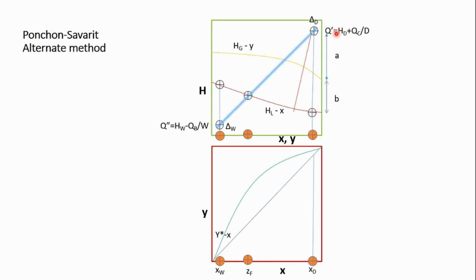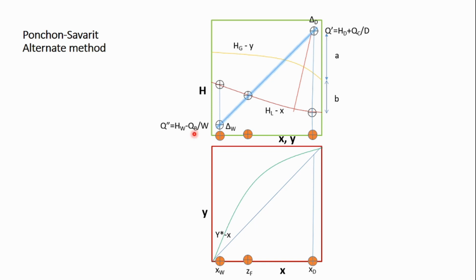Once we have got this value Q dash and we have got Q double dash value, we know HW is this, we know HD is this, I can directly find out what is QC value, what is the condenser duty, and I can find out QB from Q dash, what is the reboiler load. So one of the advantages of the Ponchon-Savarit method is we can get the condenser and reboiler duties directly from the plot. Okay, we do not have to do further indirect calculations to get this QC and QB values.